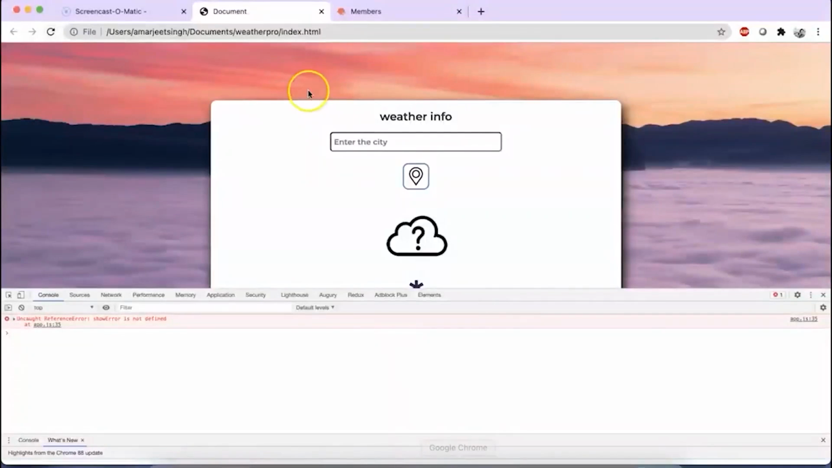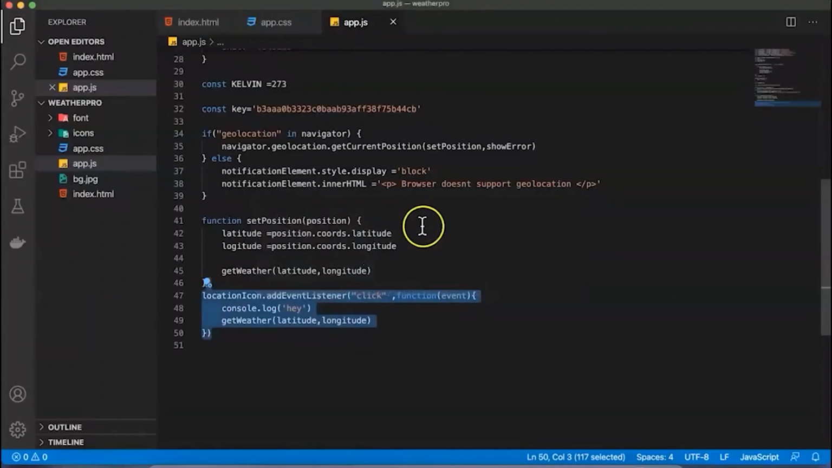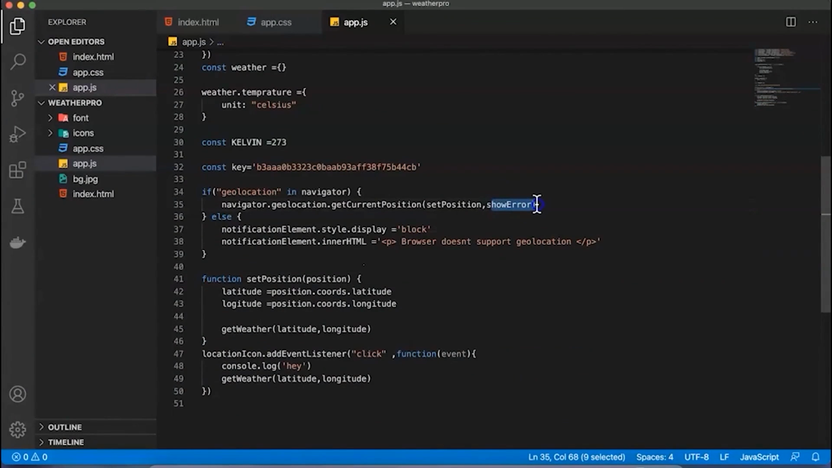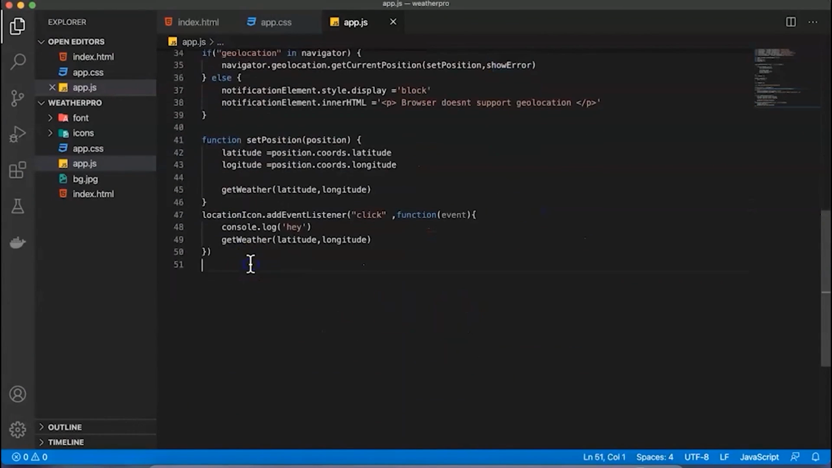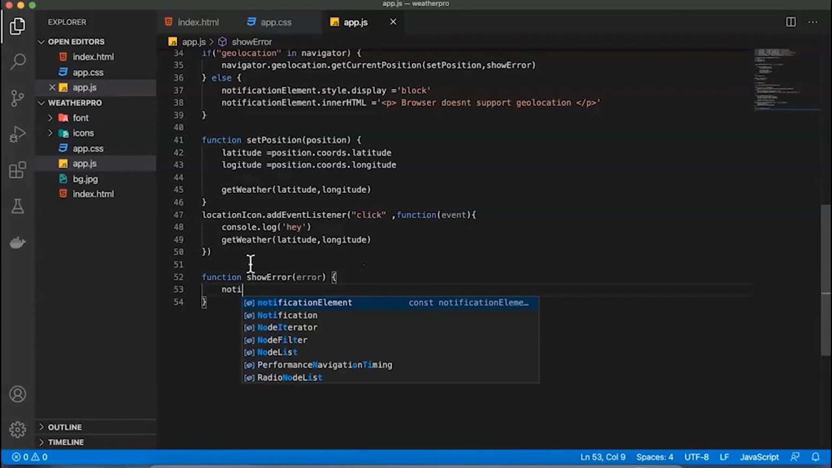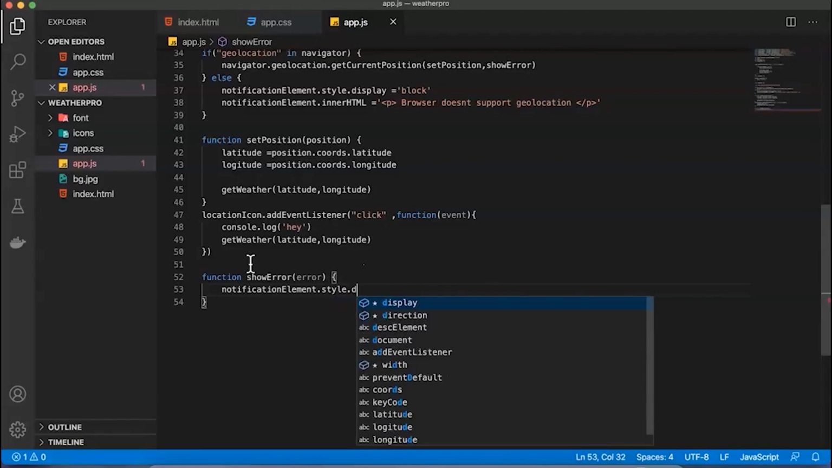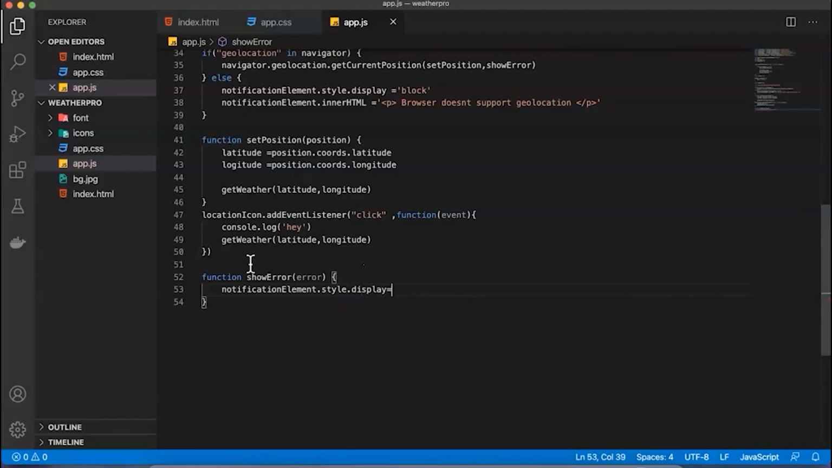When I try to run my browser, I should see a message saying show error is not defined. But obviously, because this message we're writing here is called show error. This as a function is not defined. Let me define this function called show error. So we are saying function show error, which takes error as a parameter. Now in this we are using notification dot style dot display equal to